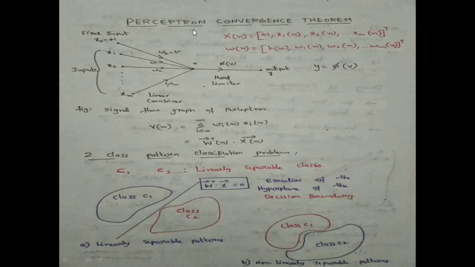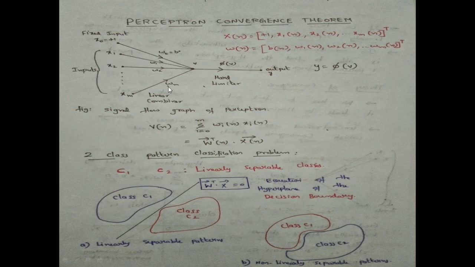In this lecture, we will be discussing the Perceptron convergence theorem. To derive the error correction learning algorithm for the perceptron, let us consider the signal flow graph of the perceptron, which is like this. Here we have inputs x1, x2, and so on up to xm, and the corresponding weights w1